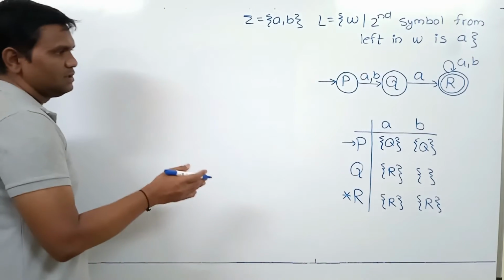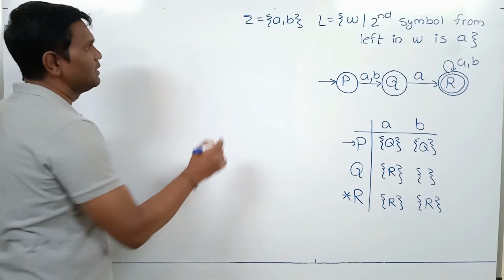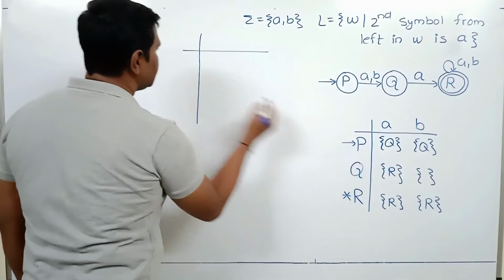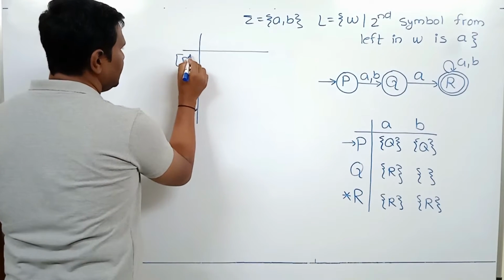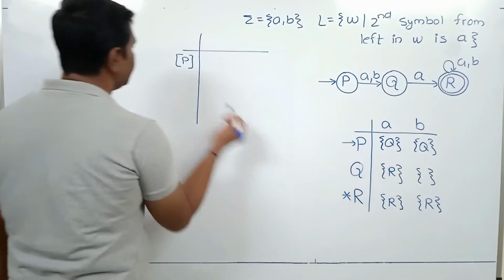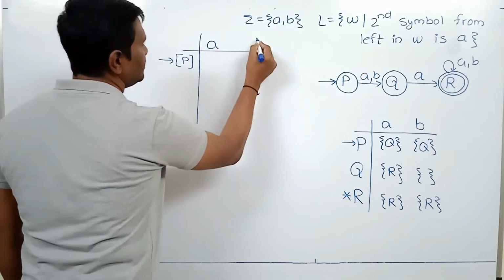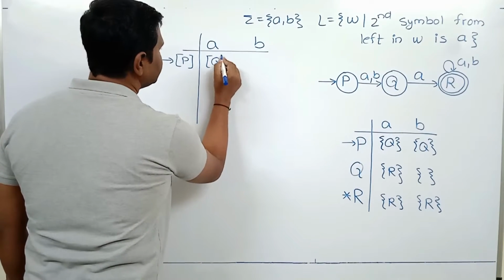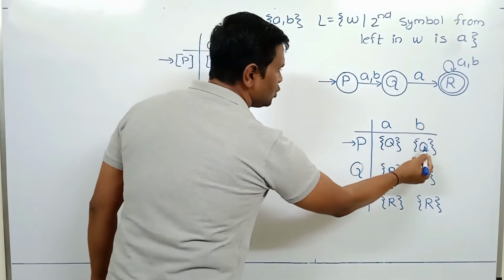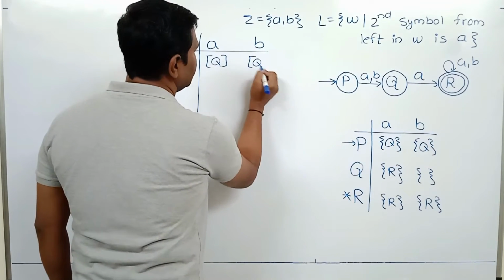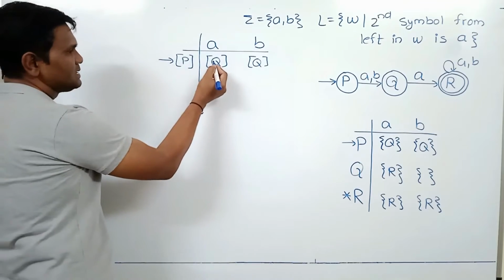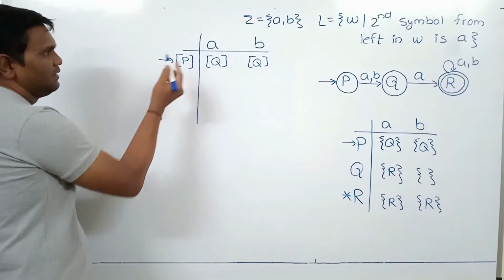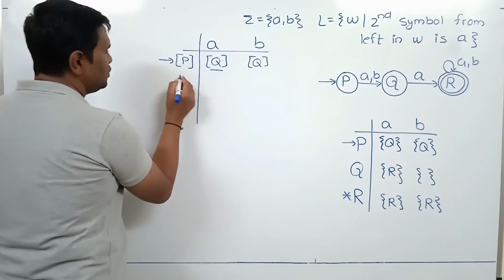Now let's start writing transition table for DFA. So we start with initial state. Initial state in DFA is same as initial state in NFA. P on A goes to Q. So here we consider state Q. P on B goes to Q. Here we consider state Q. So next reachable state. We are not copying these states. We are considering next reachable state from initial state of DFA. So we consider state Q.